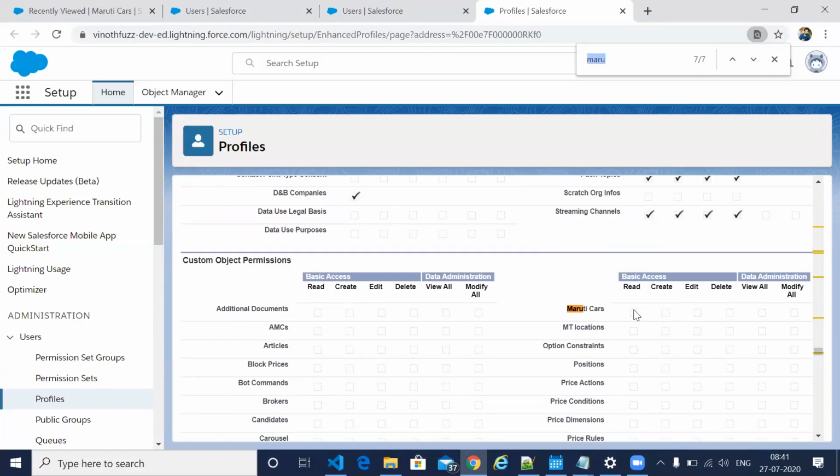Okay, see, he does not have any access for the Maruti cars. So he will not be able to see it.